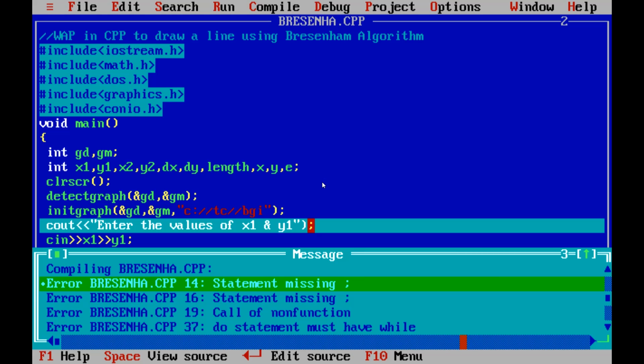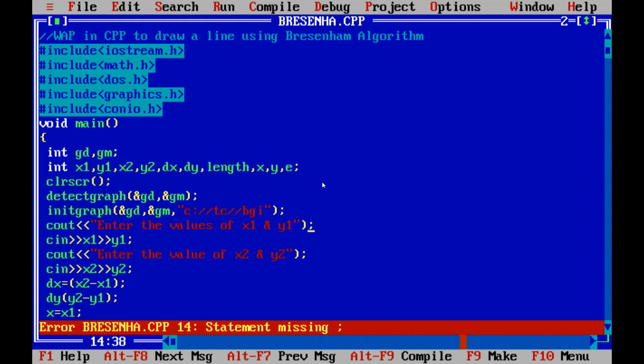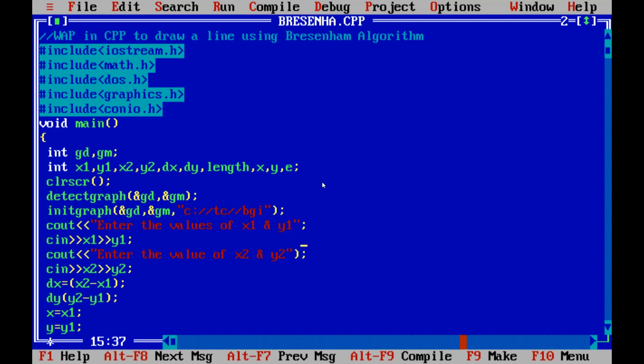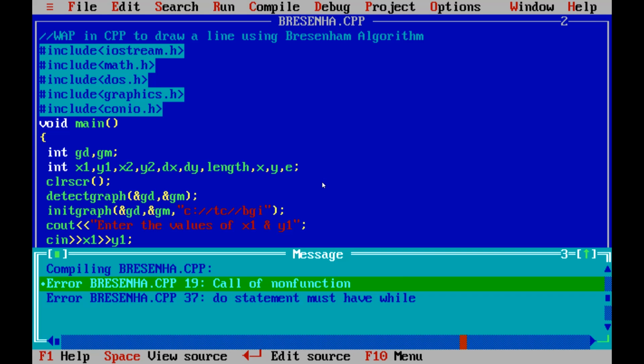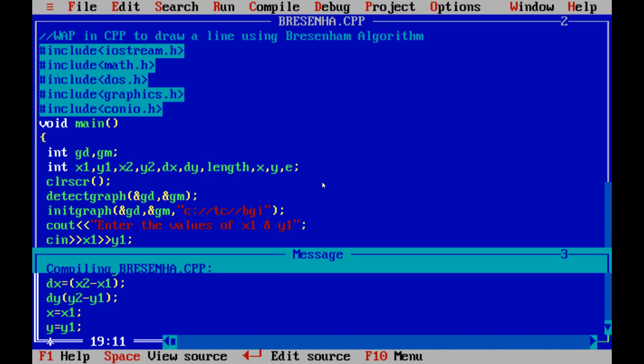Okay, 2 errors are there. Call a function and do statement must have a while.